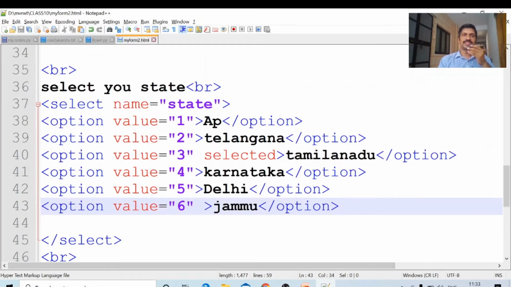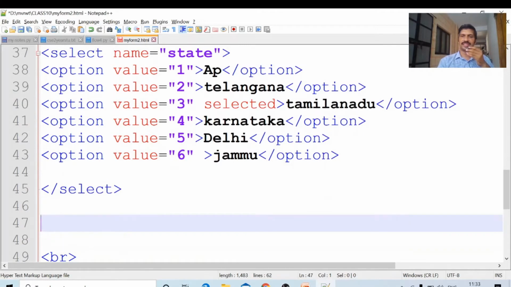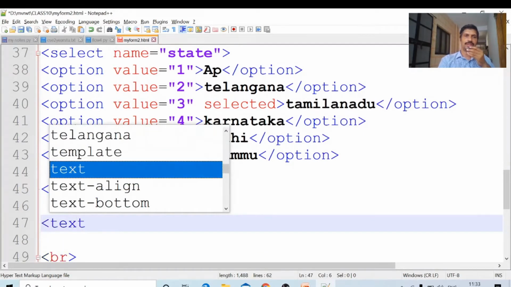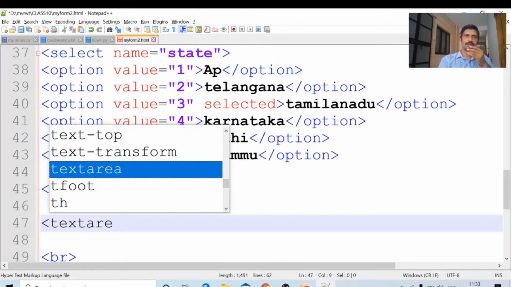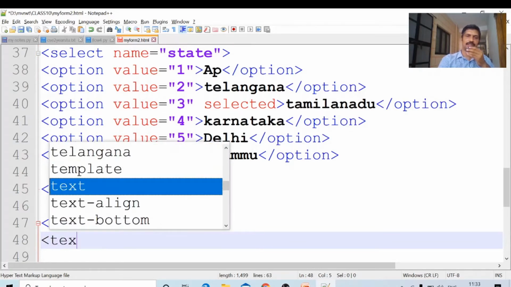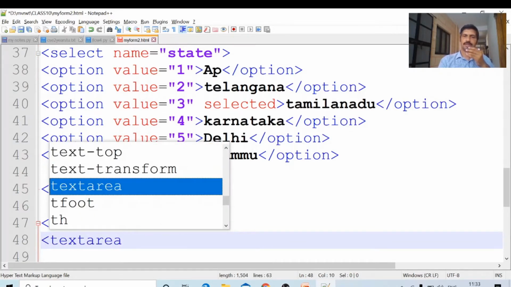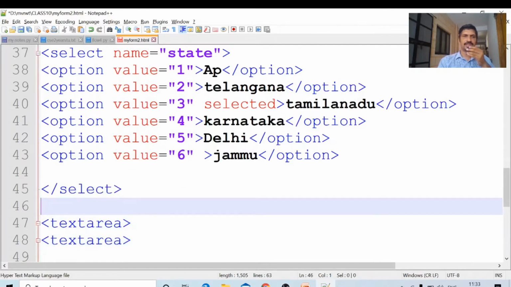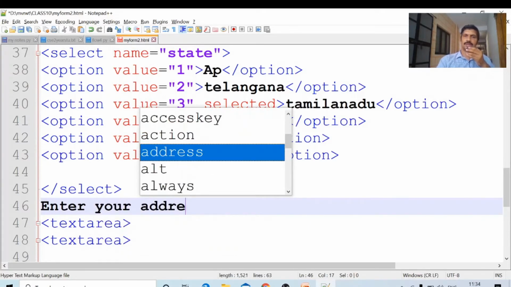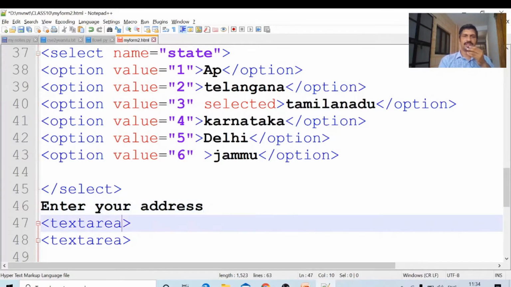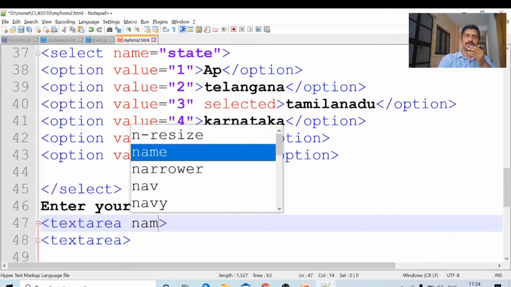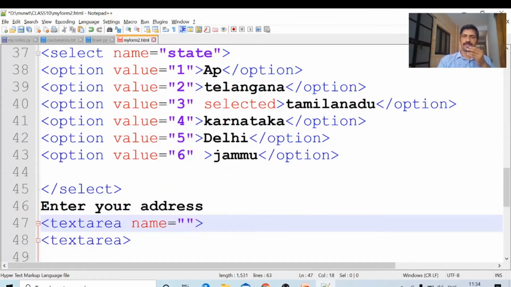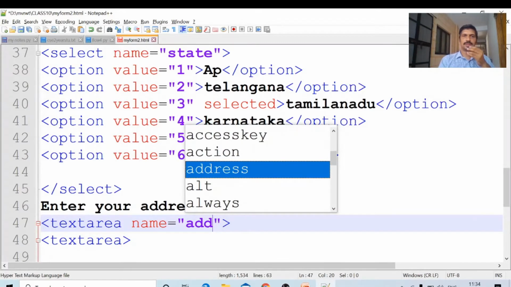The text area input can be specified using the word textarea. Text area ends with slash textarea. Here I am writing the heading as enter your address. This text area has a name equal to, I have given the name as address.